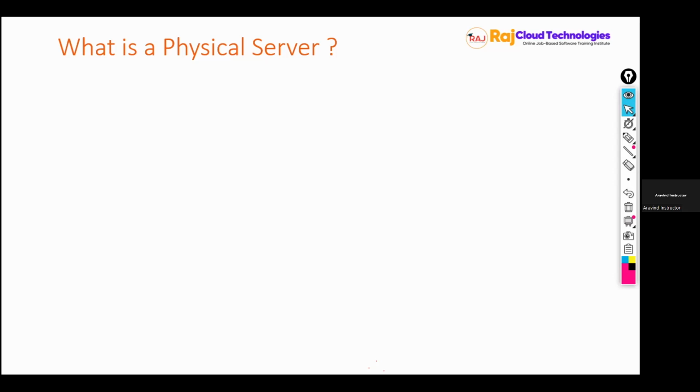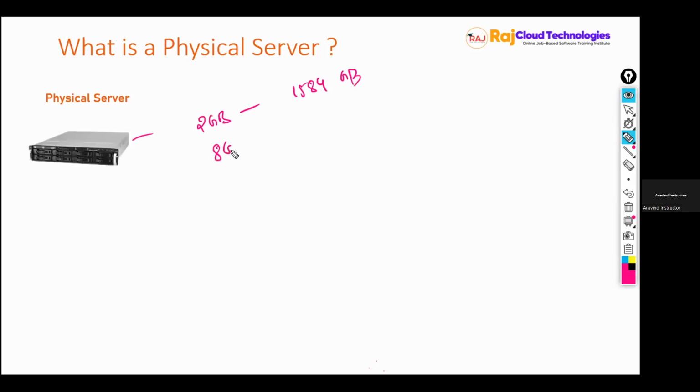Whereas a server will have high configuration, and it looks like this object. The configuration of a server starts from 2 GB RAM. For a server, RAM size will be minimum 2 GB to maximum 1584 GB. Storage is minimum 8 GB to maximum 1024 terabytes.